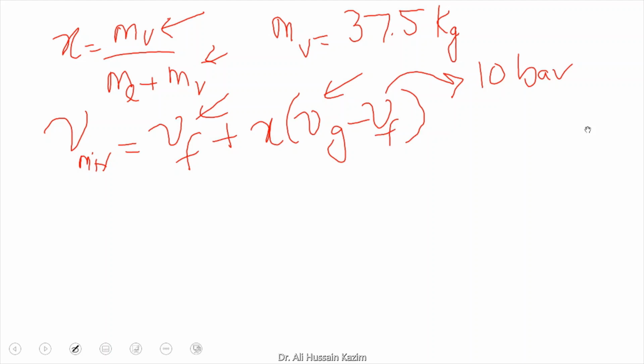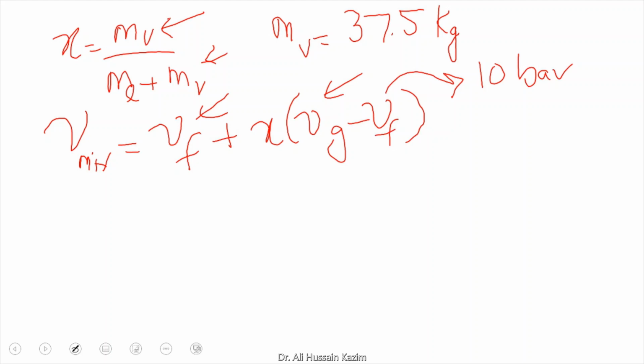The R22 pressure table is table A8, on page 938. At 10 bar, in the bottommost line, the specific volume is